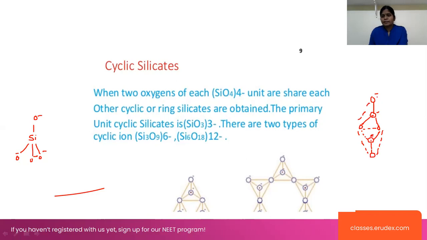So look at in this case, these two oxygen atoms are shared between the two SiO4 units. These two oxygen atoms are shared between the two units here. Now look at, write the structural formula here. In this case, the structural formula will be Si, and here total oxygen atoms will be, two oxygen atoms are completely sharing and two oxygen atoms are partially sharing. That means we can take the SiO3.